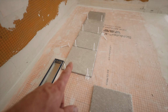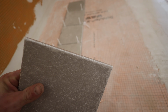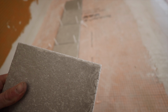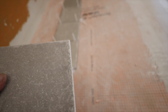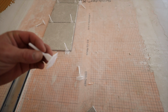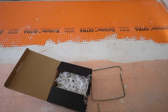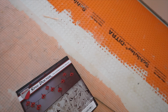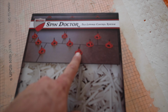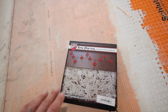We just finished getting measurements. These are some really cool Italian tile. Has some really cool textured edges. So we're gonna actually use 16th inch spacers here instead of 1/8 inch. That way it looks more like just natural set stone. And we're using the Spin Doctor brand spacers. They have these red twists here, and you twist them down on top of the tile and it sucks it